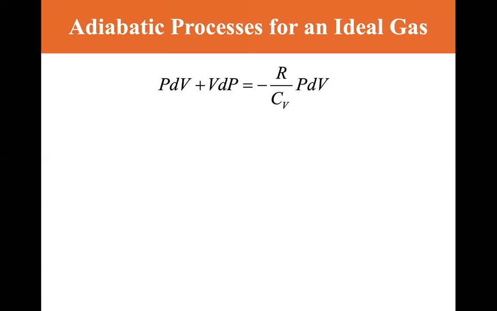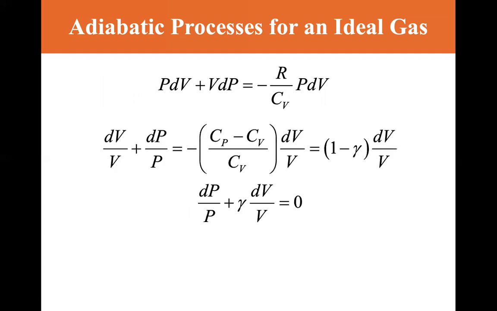And if we substitute R equals Cp minus Cv and divide by PV, we get dV/V plus dP/P equals minus (Cp minus Cv)/Cv dV/V, which equals 1 minus gamma dV over V. So dP over P plus gamma dV over V equals 0,